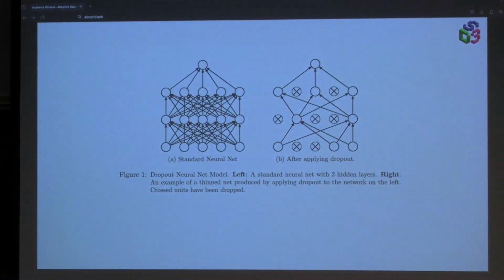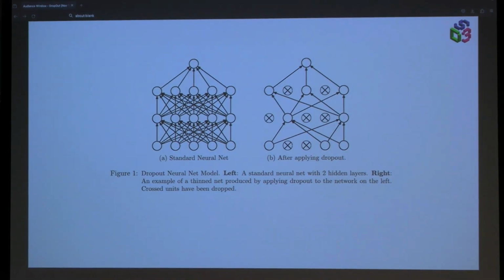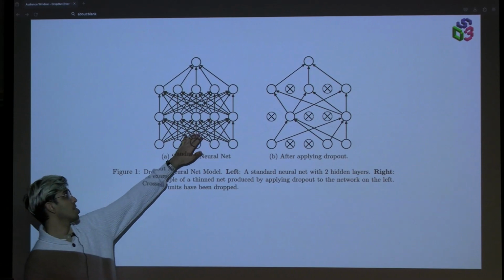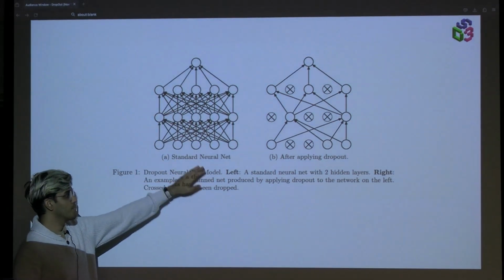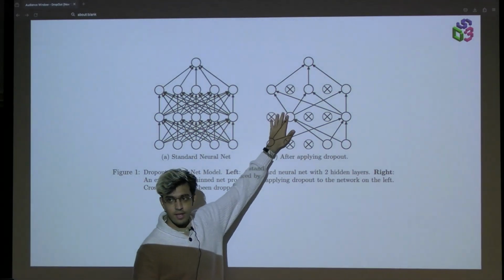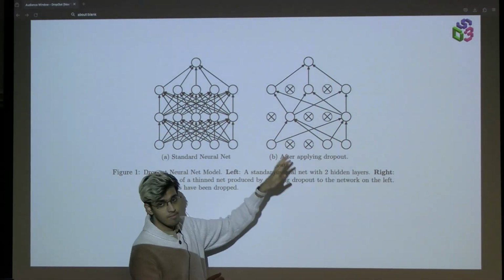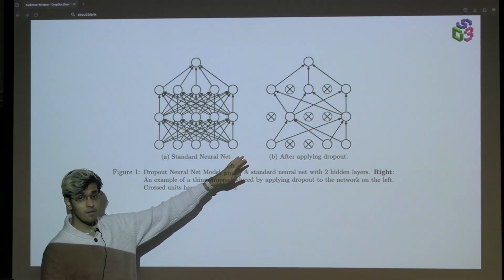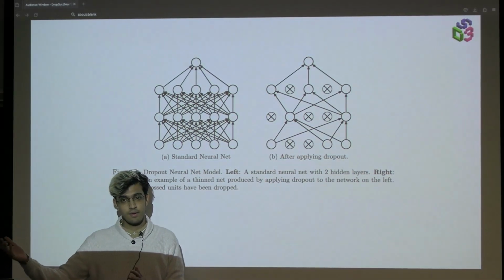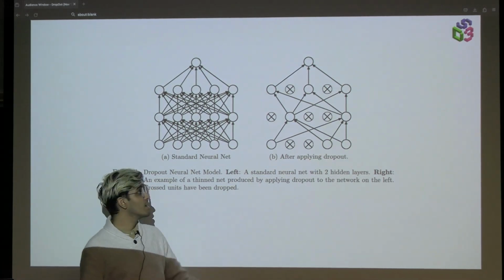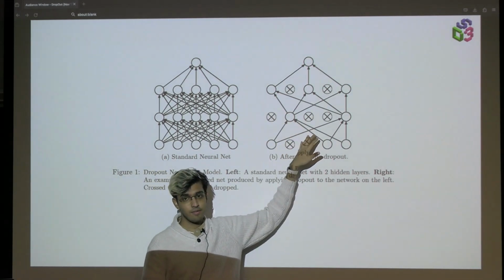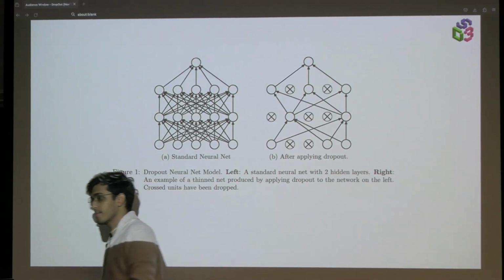Great. So this is what it looks like, right? On the left side, you have a normal neural network. Look at how that's a lot of weights, right? But after you randomly drop some, you're just disconnecting them from the network. So in some particular iteration, this is what the neural network is being trained on, right? In the next iteration, it's not necessary that you'll be training on the same network. Maybe you're dropping some other neurons and maybe you're keeping these two, right?